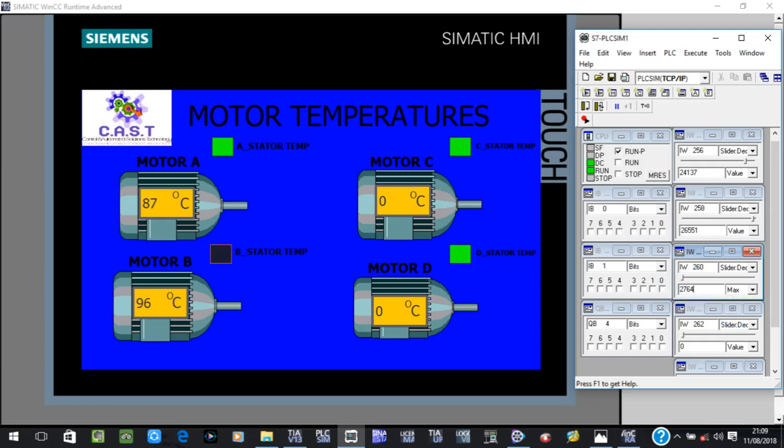Okay, 27648. I also test my program there. You see motor C, 32 degrees, 33 degrees, 44 degrees, 62, 70 degrees. My stator temperature is rising up to 95. I should get indication again. You see,